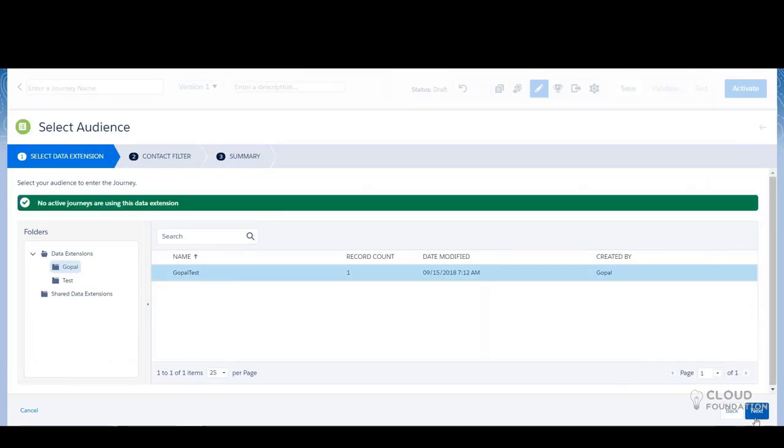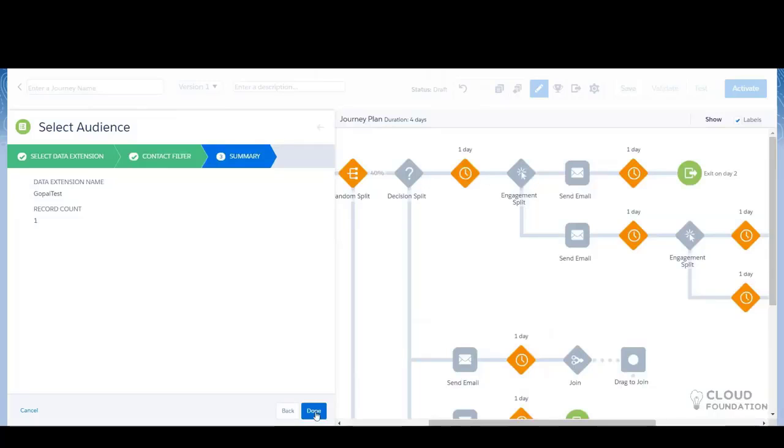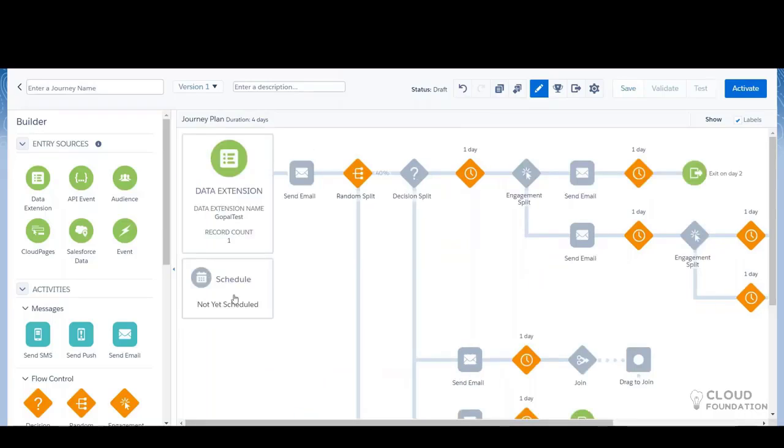I have a data extension. I'll select that, and you can filter this data extension, like which contacts can be entered into this. Once that is done, you can schedule this.